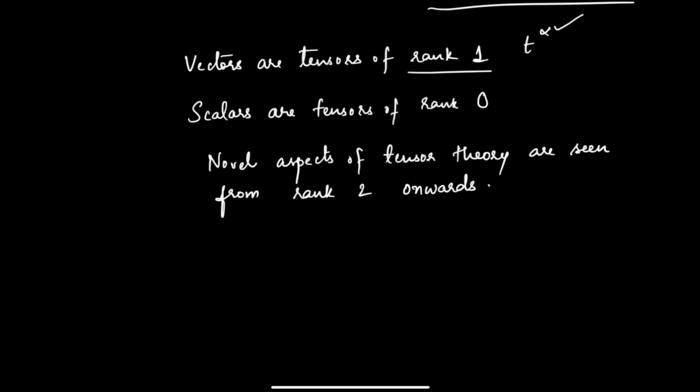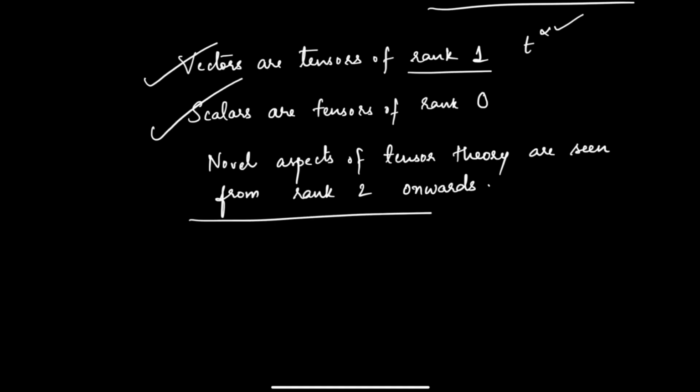So vectors are tensors of rank 1, scalars are tensors of rank 0, and to see more novel aspects of the tensor theory, they will be appearing from rank